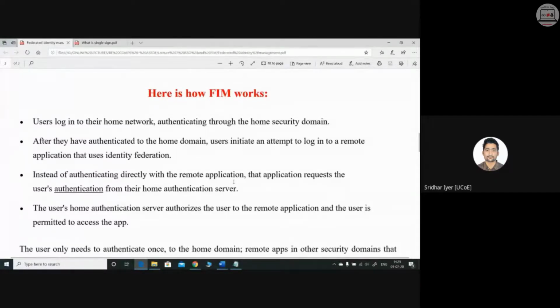In SSO, you can access applications belonging to only a single organization, but in FIM, you have to log in once first, and after that, you can access n number of applications belonging to multiple organizations. The only catch is that particular application has to be part of the entire trust network of FIM. You got what I try to explain?